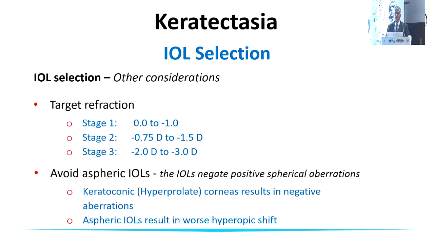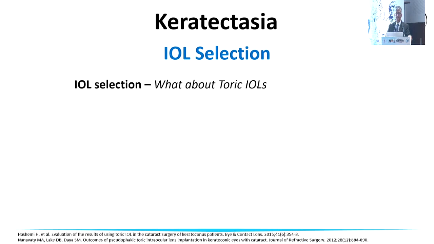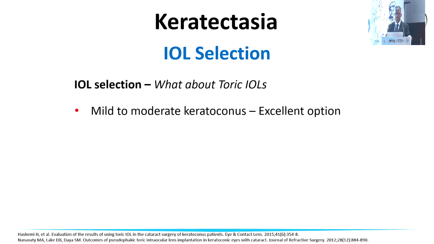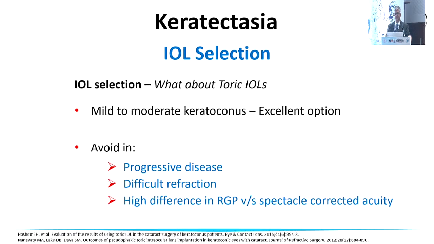So if you put an aspheric IOL, you will have much higher degree of hyperopia post-operatively. What about toric intraocular lenses? For mild to moderate keratoconus, you get very good outcome from toric intraocular lenses. However, the toric intraocular lenses have to be avoided in progressive disease, where there is a very difficult refraction, and particularly in cases where there is a wide gap between visual acuity as measured with rigid gas permeable lenses and